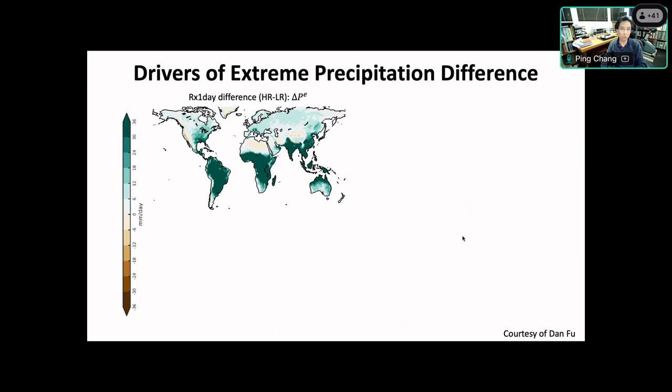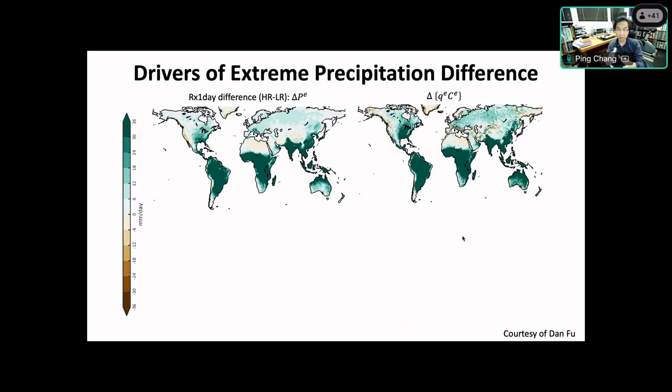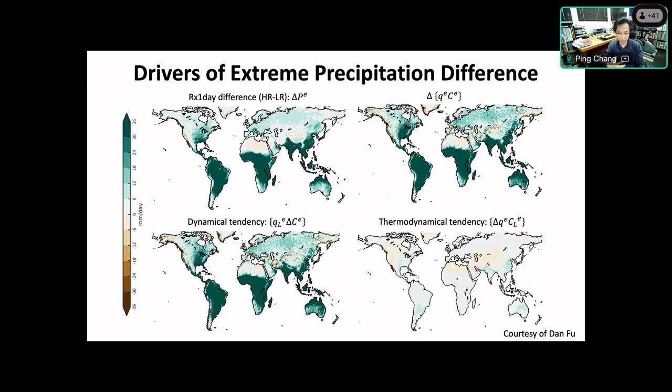So if you compute each of these terms, right? This is the extreme precipitation difference between the high res and the low res. And this is the approximate term. This is the difference of the moisture flux convergence driven by the flow convergence, right? The ones I just showed you from the equation. And you can see, indeed, this term gives us a pretty good approximation to the total precipitation difference between the two models. So now if you look at the contribution from the dynamical tendency and thermodynamical tendency, what you can see